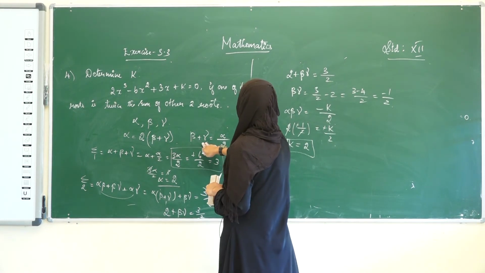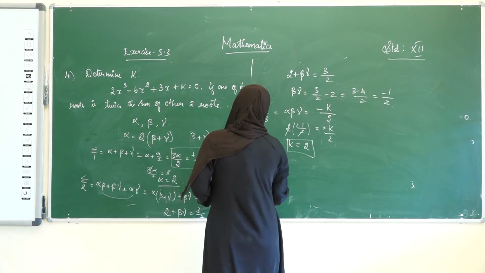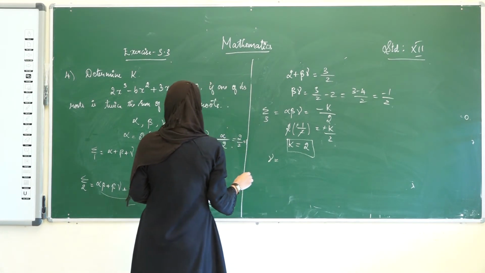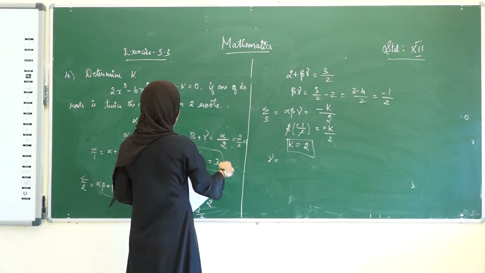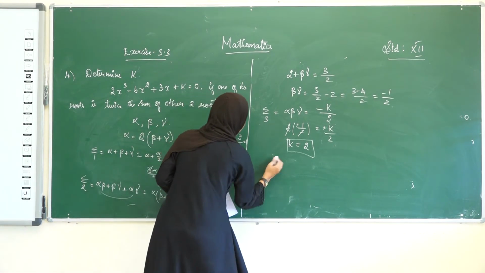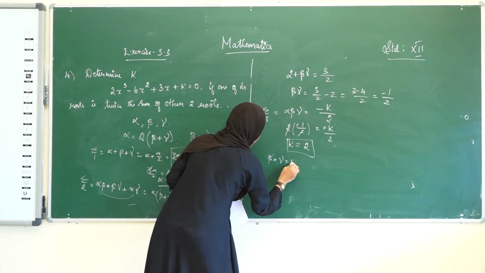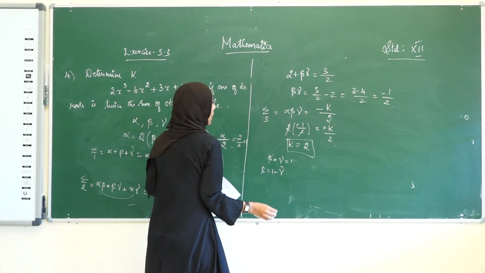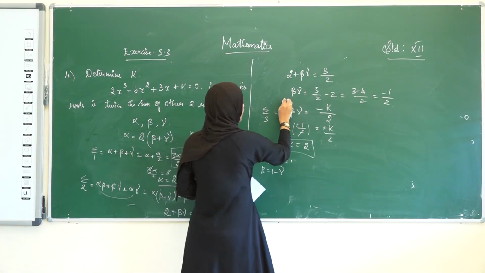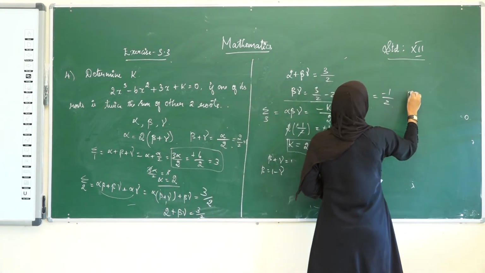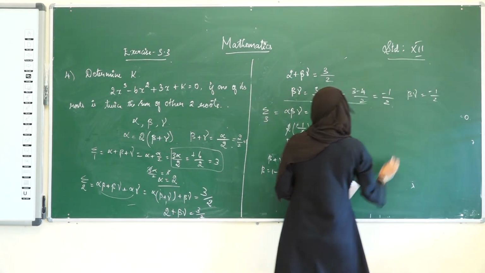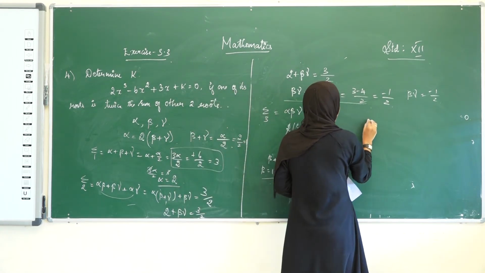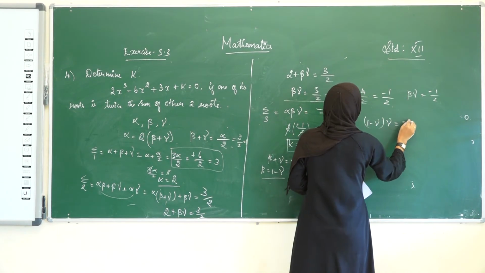Since see here in this equation what we have got is beta plus gamma is equal to 1. Therefore beta is equal to 1 minus gamma. Okay. We are going to substitute it in this. Here we got beta gamma's value as minus 1 by 2. We are going to substitute the value of beta as 1 minus gamma in this equation. Therefore 1 minus gamma into gamma is equal to minus 1 divided by 2.